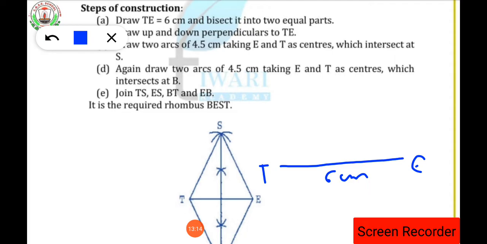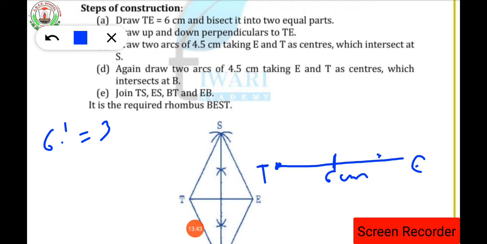That means what you have to do here? What is the half of 6 cm? Half of 6 cm will be how much? It will be equal to 3, isn't it? So keeping the needle at point T, stretch the pencil part of the rounder to this one, which will be half, isn't it? So more than half, up to here you have to stretch your rounder.